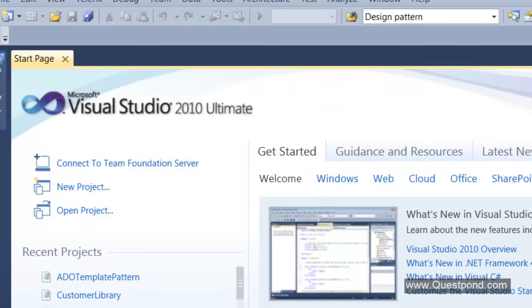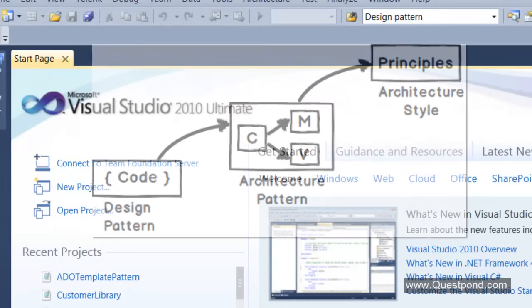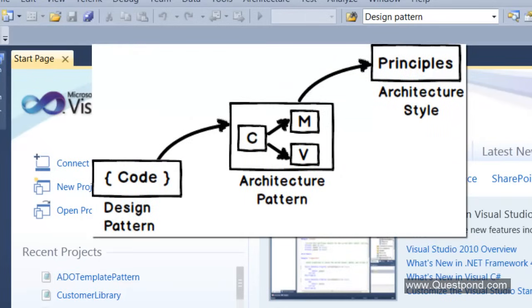When you say design pattern, it is actually at a code level. So when someone says, okay, this is a factory design pattern, he should actually show you some kind of pseudocode. He should show you some kind of logic.